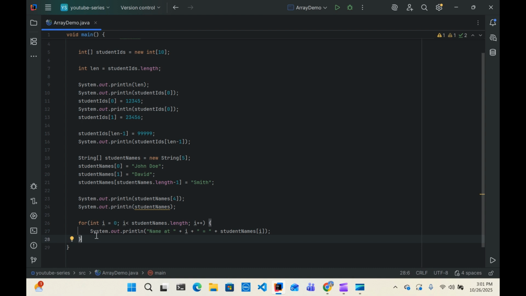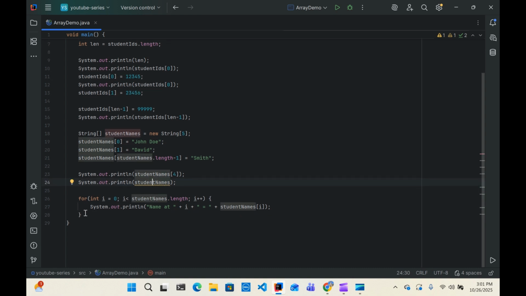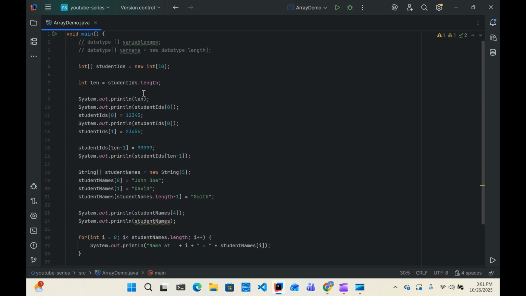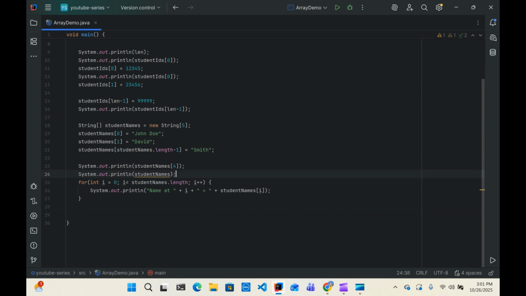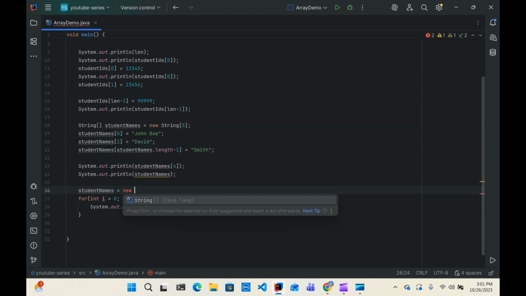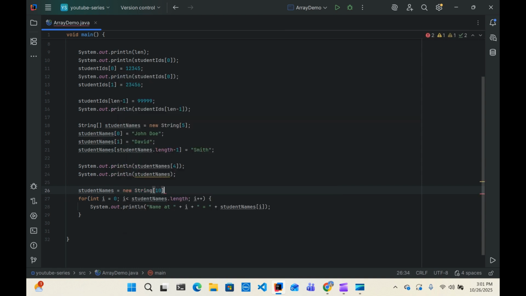Otherwise this array is not a good choice, because imagine now you want to make the size of this array, let's say, 10, right? For example, you might say, well, I can do student names equals new String, and then if you do 10 and print it,